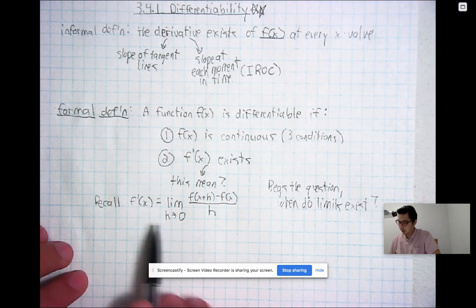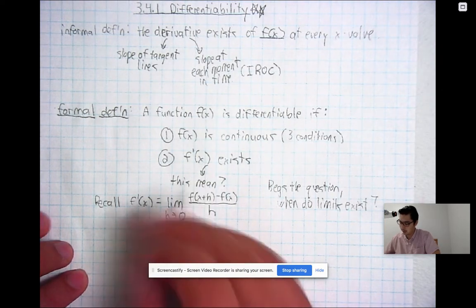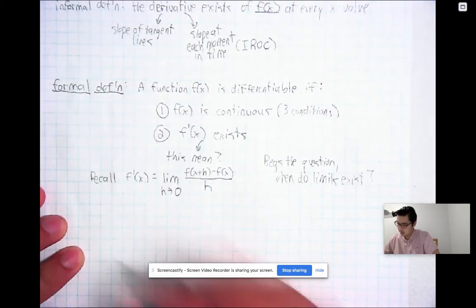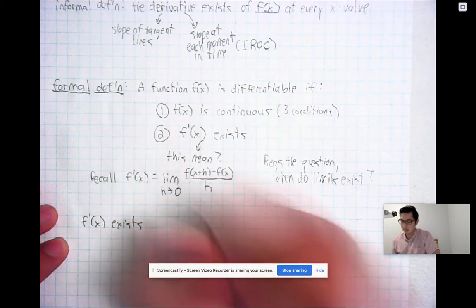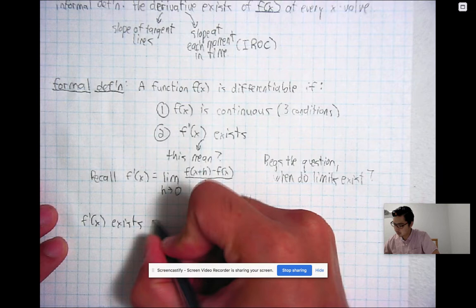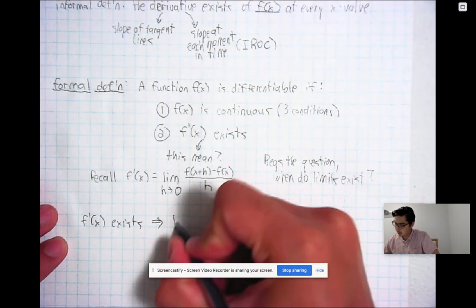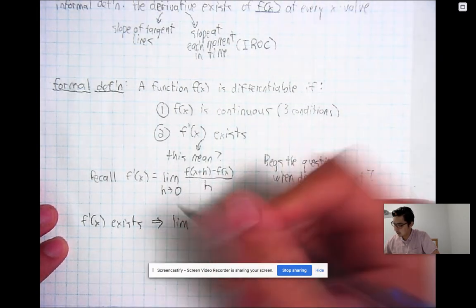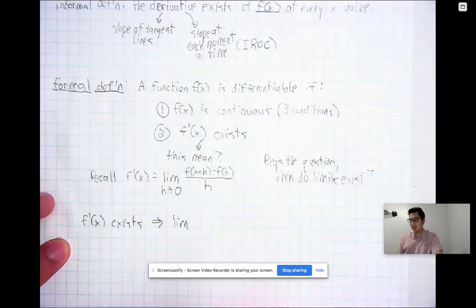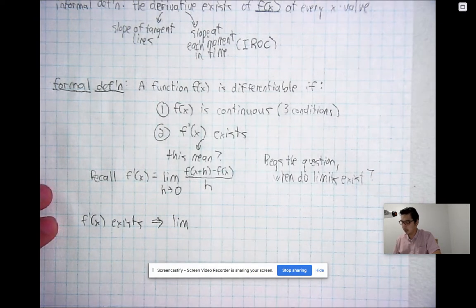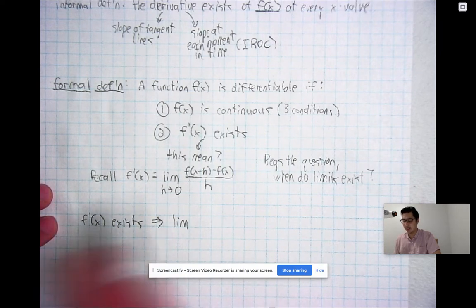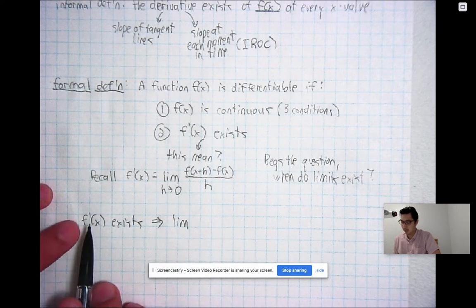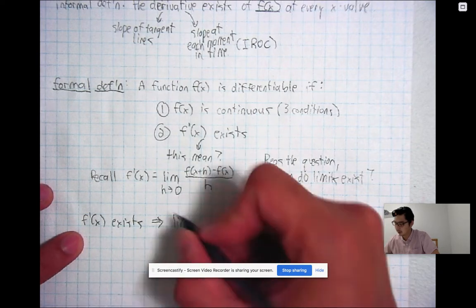So what this means is that for f prime of x to exist, the limit as, now I'm going to use a different definition here. I'll stick with your definition. I'm going to change it up, and we're going to use a different version of the derivative to help understand this. So f prime exists if,